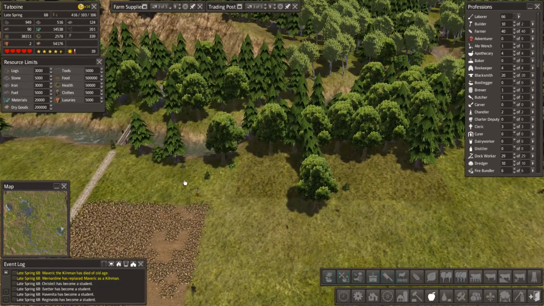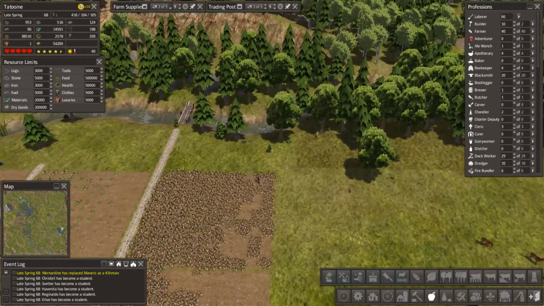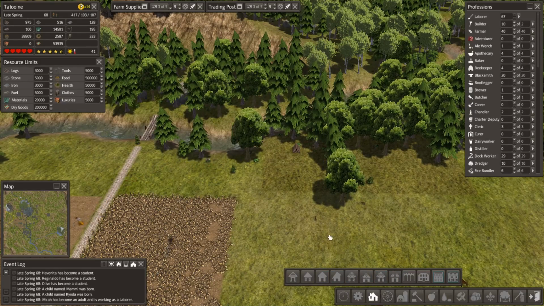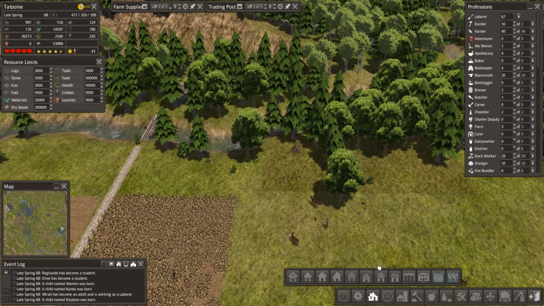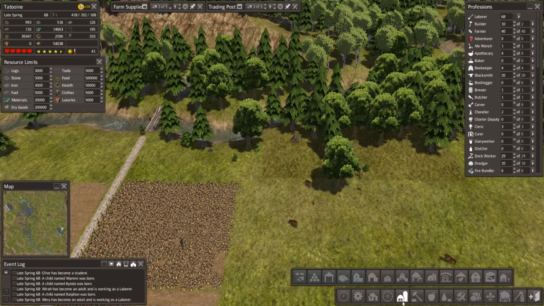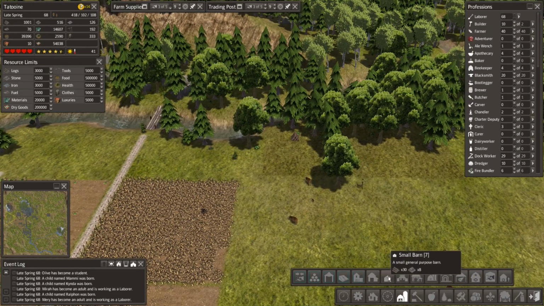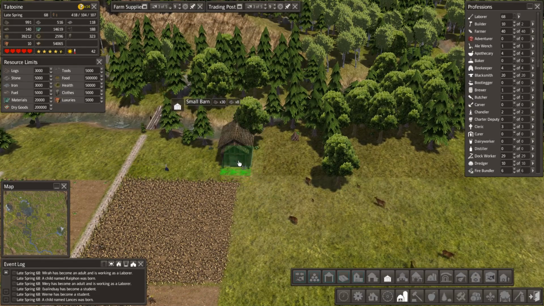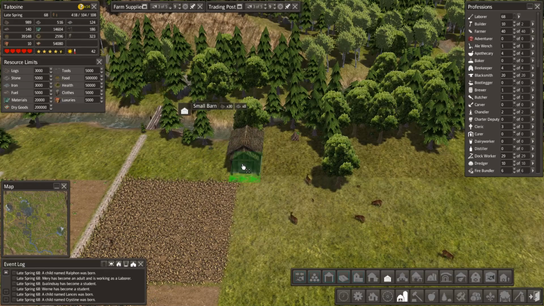And I think we should put in a house over here. Or at least one. And I'm thinking that a meat locker might not be a bad idea. Either a meat locker or a small barn. If we put in a small barn, then these guys can use it as well for the wheat. So I think we'll put in a small barn. Here's a small barn. If I spin it around...